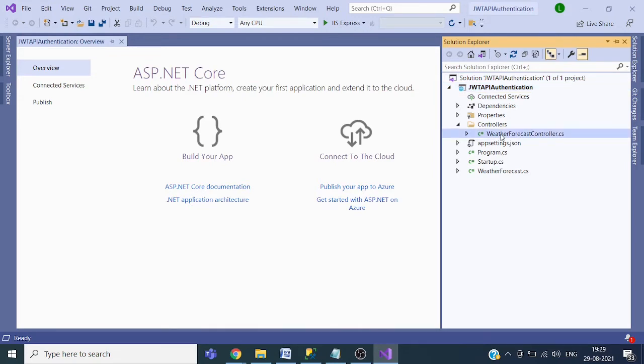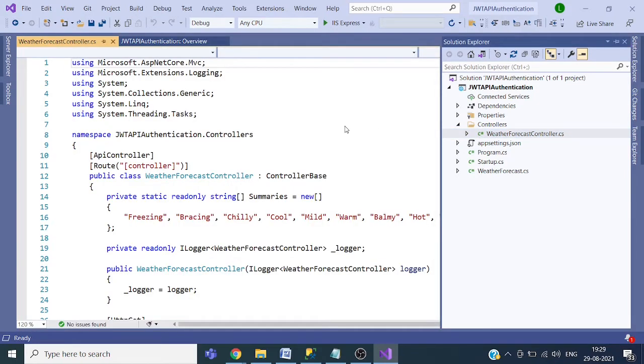So this is sample API. So it is providing weather information.